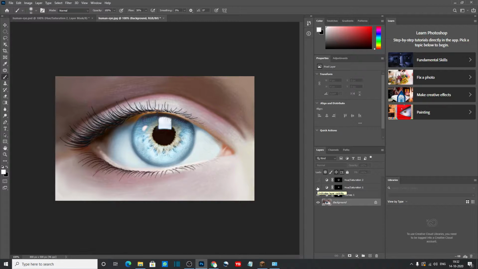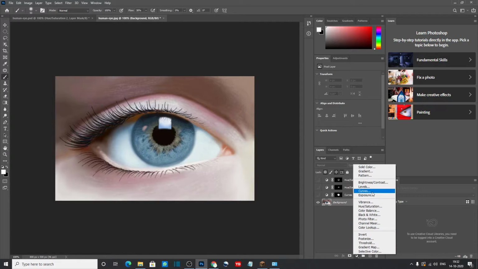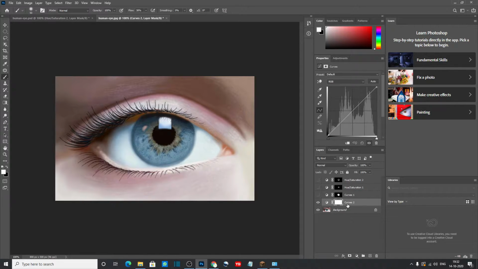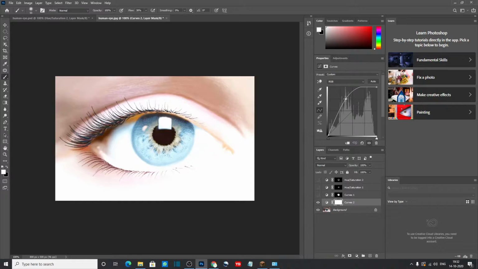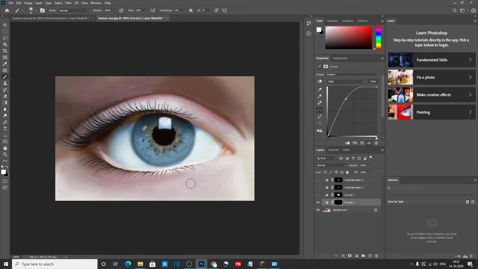Okay, then see how it works, for suppose, this is just for demonstration. Now just create a curves adjustment layer and make this higher. Now this is affecting the whole image, the skin, the eye, right here, highlights, everything. Now if you hit Control or Command I, it inverts that. Now with the brush, if you paint,